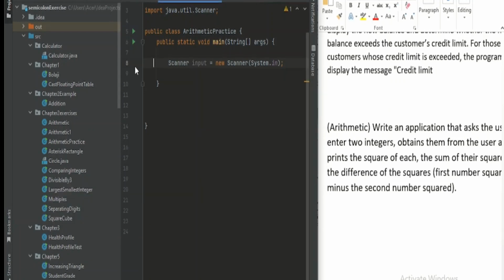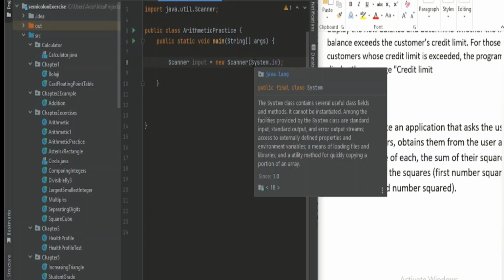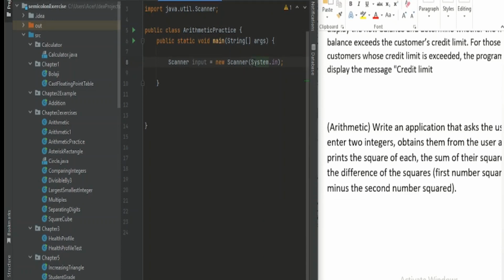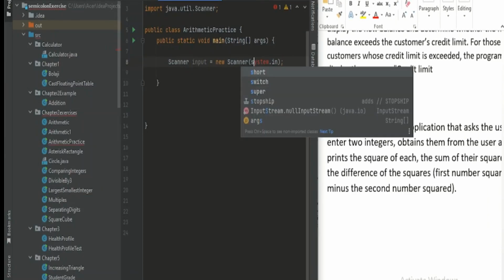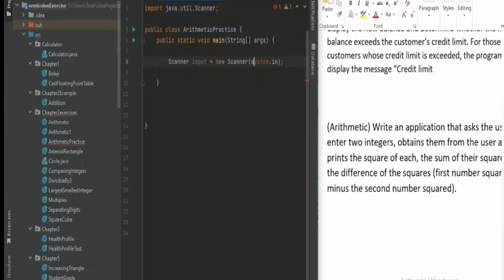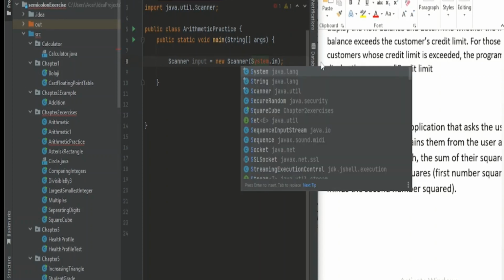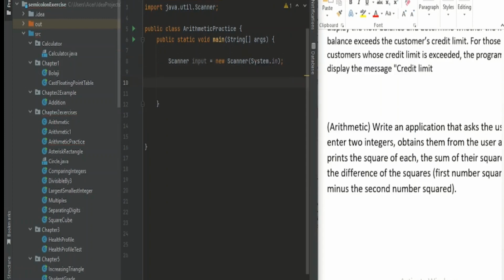So this Scanner here is a parent. So equals new Scanner System.in. This S in System is also a class. If I put the ordinary s, it's going to show me red. So it is also a class. It's very, very important that you put that in. So the next thing we are going to do is